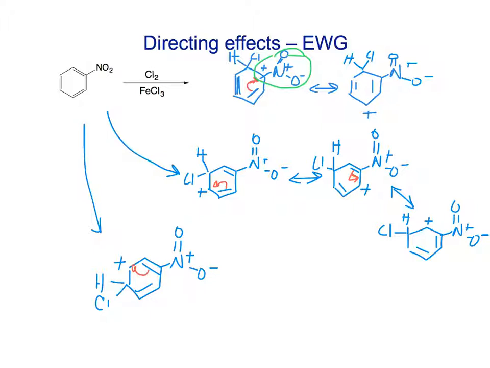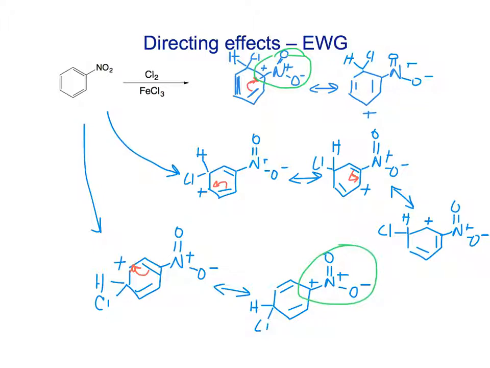We'll bump those electrons over toward the plus. That puts a plus right there. Notice in this case as well, the plus gets spread right to the carbon that bears the nitro